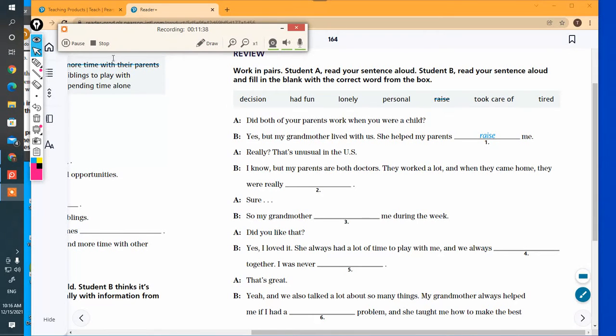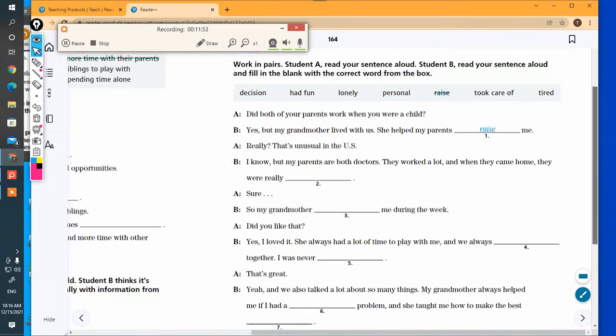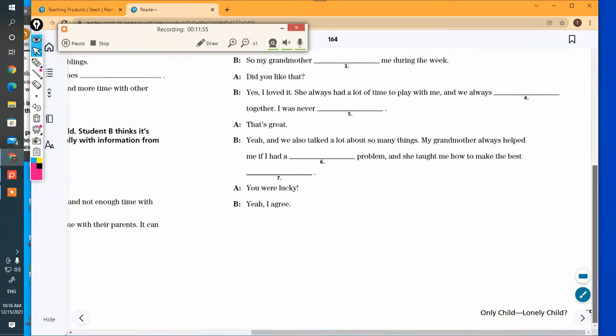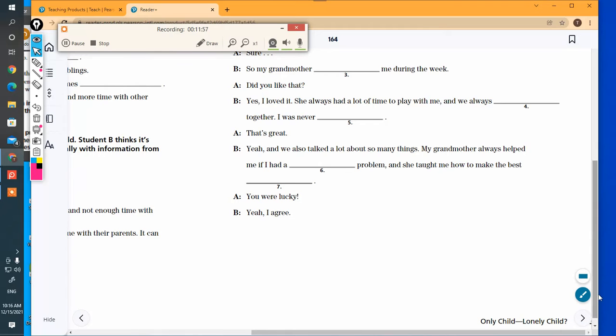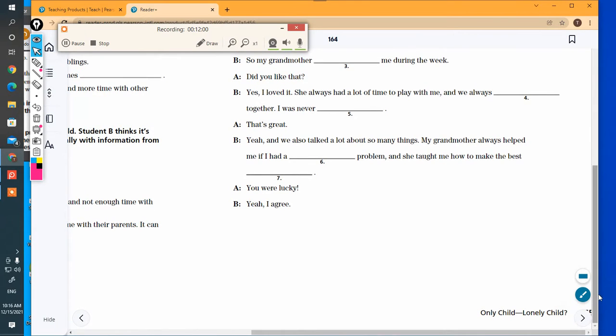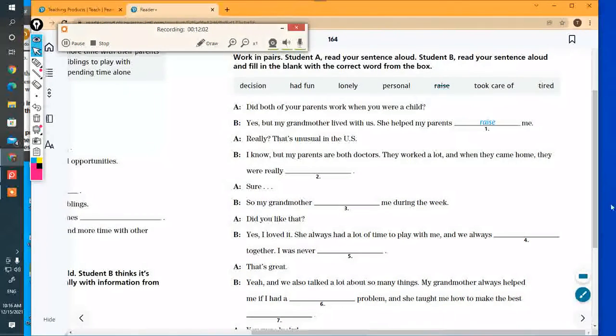Okay, students, so on the left we have page 164. This is page 165. At the top they show the page number for the page on the left when you have it in this view. If you go to the bottom, you can almost see that it's page 165, trust me.